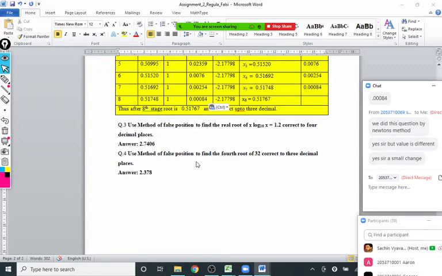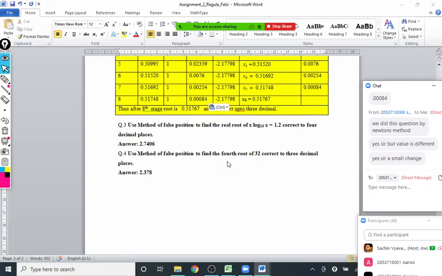Okay, so last question. Use method of false position to find the fourth root of 32 correct to 3 decimal places now. So our aim is to get the fourth root of 32 by using the method of false position. Now you may think why there is a need of the false position method, because you have a square root tab on your calculator, and when you press that, you directly get the answer. Sorry, it is a fourth root we want, my mistake. I thought only square root. We want a fourth root of 32. So that also we can calculate.